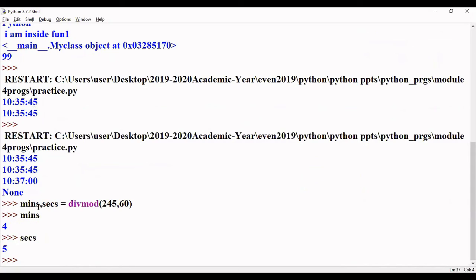In minutes the quotient will be stored. When I divide 245 by 60, the quotient value will be stored in minutes and the remainder value will be stored in seconds. That is why the method name is divmod.